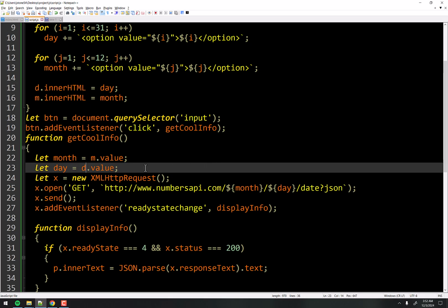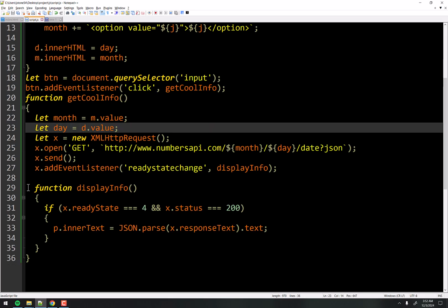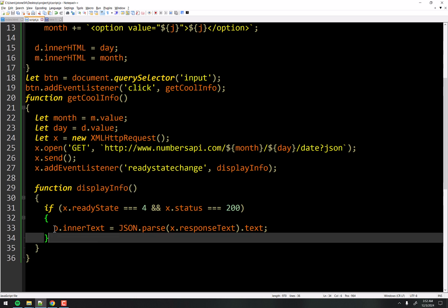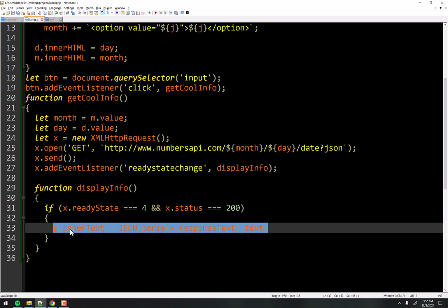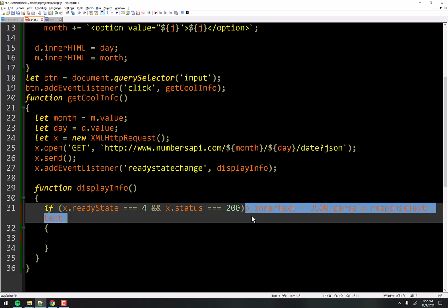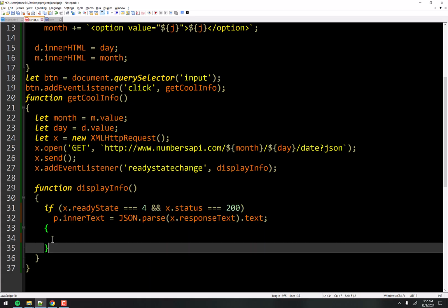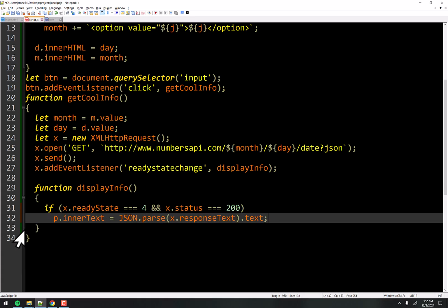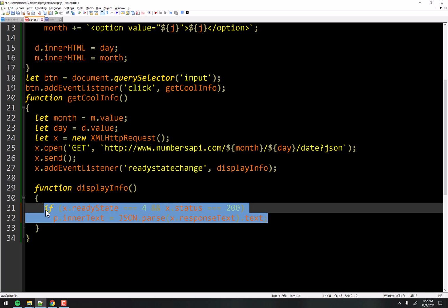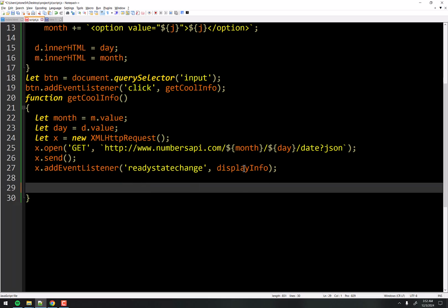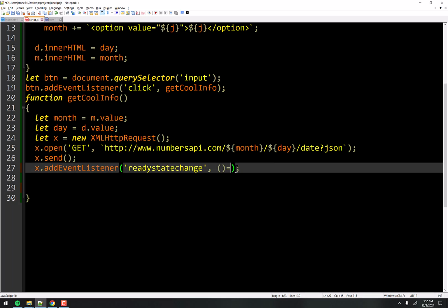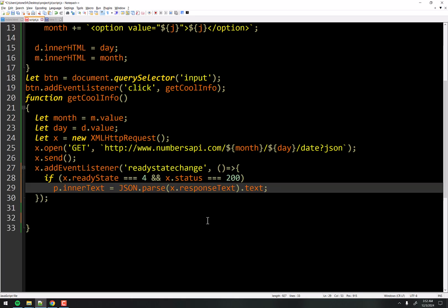So, you ready? First of all, this function display business, look how small this is. It's one line. We don't need curly braces, right? So I'm going to just indent it, get rid of the curly braces. Also, this is a very small function. It's very common that this would be an arrow function right here. So I'm going to cut this out, get rid of this, and turn this into an arrow function and do that syntax that we all love to hate, right? So nothing should have changed.